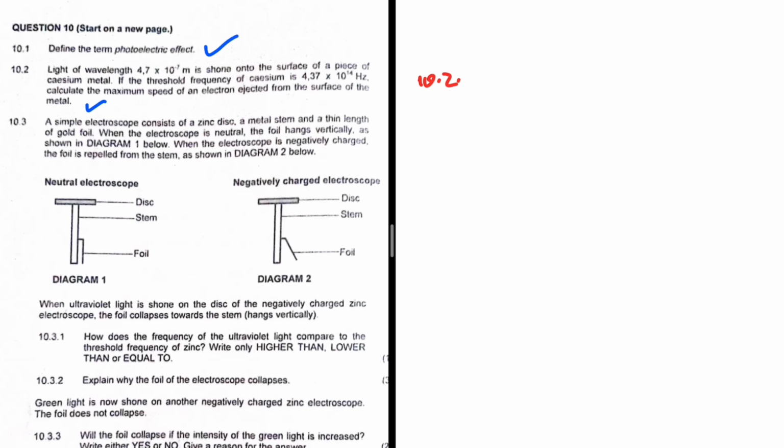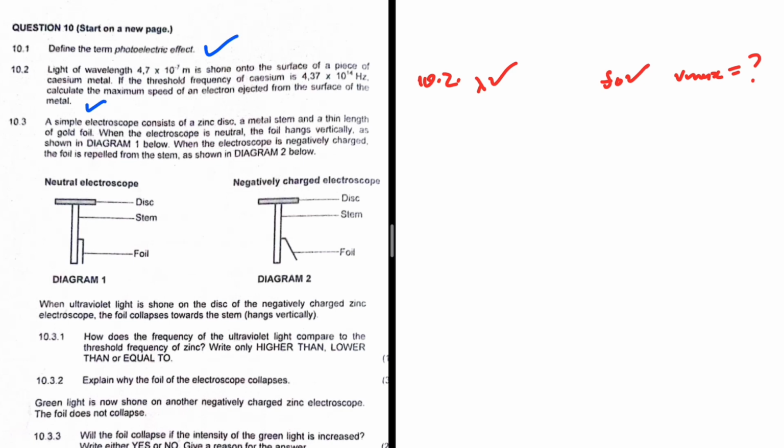So let's take a look. We have the wavelength of the light that is shone, and then we have the threshold frequency of the metal. And then we are looking for the maximum speed. We are looking for V max. This is what we are interested in. So how can we possibly combine all these formulas with all these variables, with one equation and solve for V